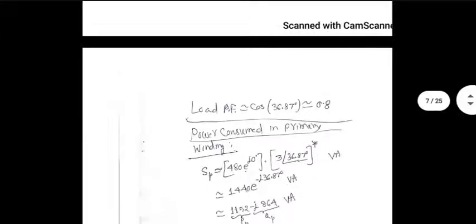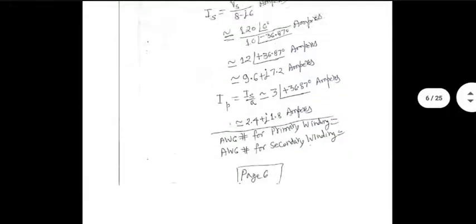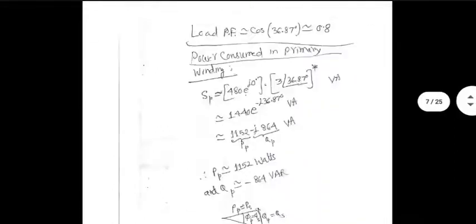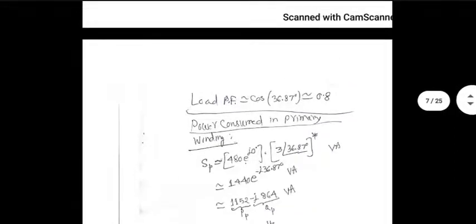Now, power factor calculations are a must in this case. Power factor is simply the cosine of the phase difference between voltage and current on the primary side as well as on the secondary side. And that difference happens to be 36.87 degrees on both primary and secondary. So cos of that is almost 0.8. So power factor is 0.8.